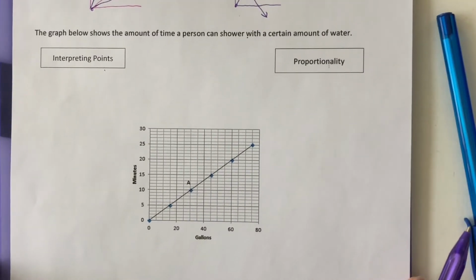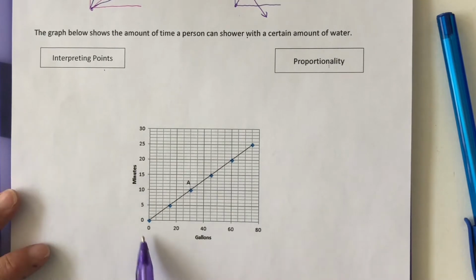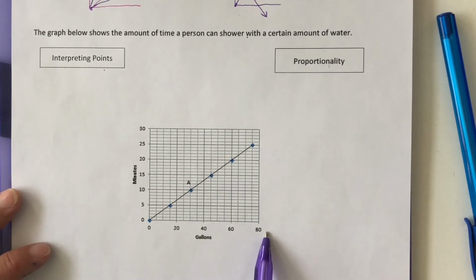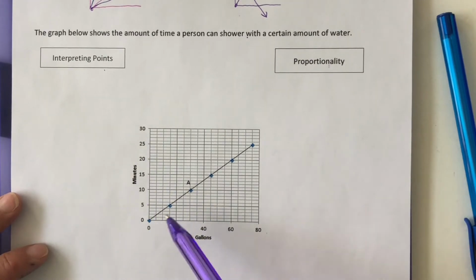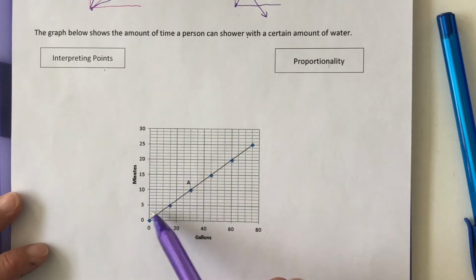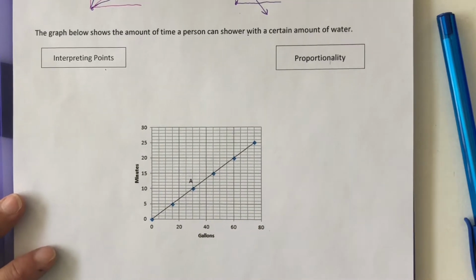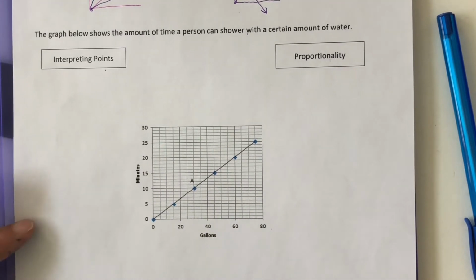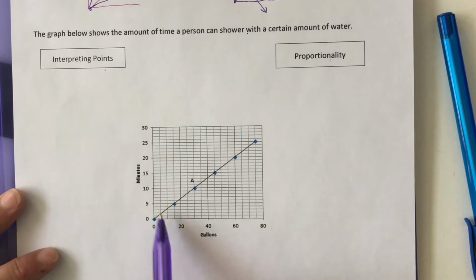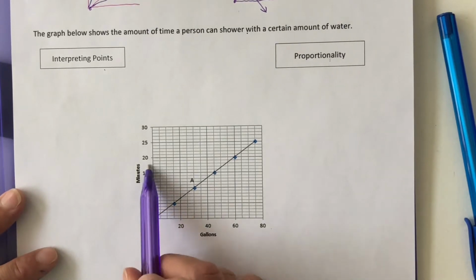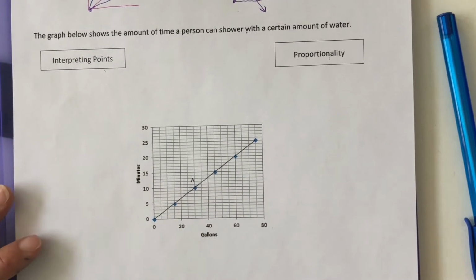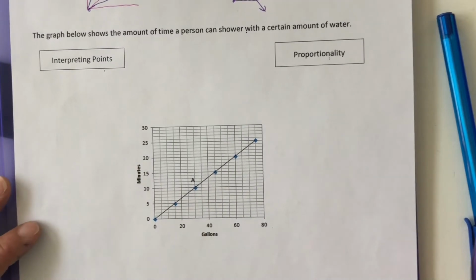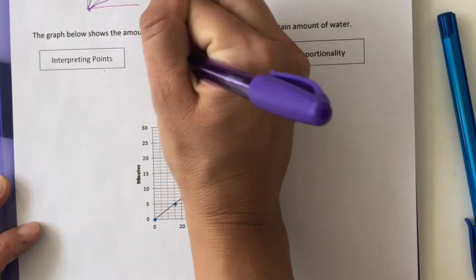And this basically just means understanding how the graph is put together. So here we've got gallons of water someone has available and how many minutes of a shower they're able to take with that many gallons. So the minutes you're allowed to shower depend on how many gallons of water you have to use. We can see here we've got a scale going up by 1s on the minutes. We've got a scale going by 20s on the gallons. Always need to remember to look at our scale. And in fact, that's a note that I'm going to put up here,